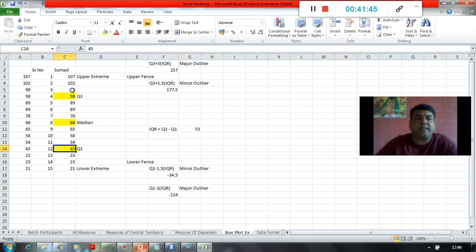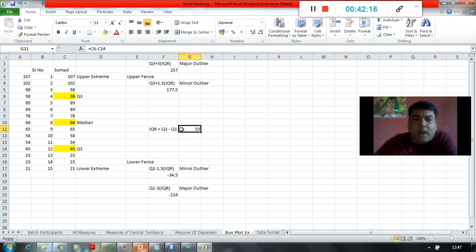Once it has calculated the 3 different medians, this becomes Q1, this becomes Q3. It calculates the difference between Q3 and Q1, simply Q3 minus Q1. That gives me the IQR, the interquartile range, as we have seen, the difference between Q3 and Q1.